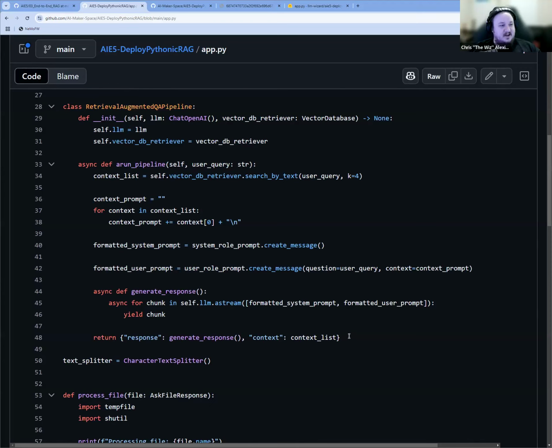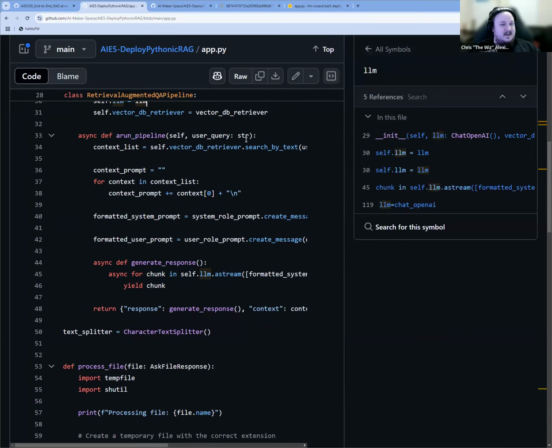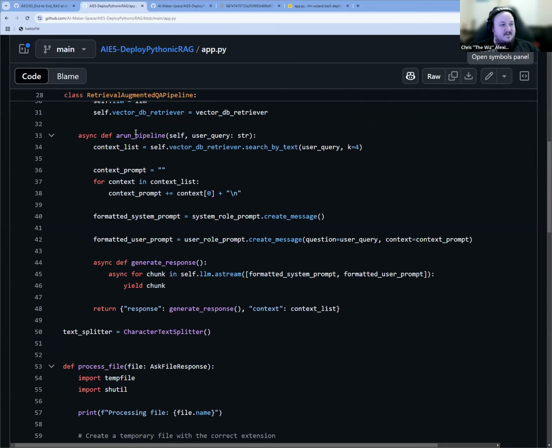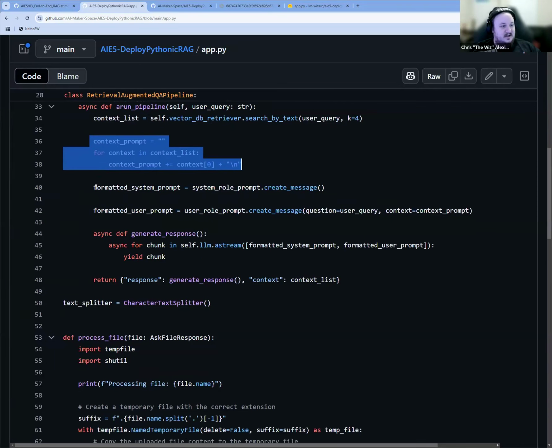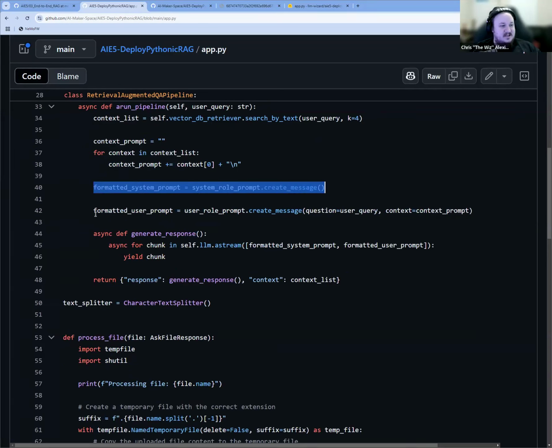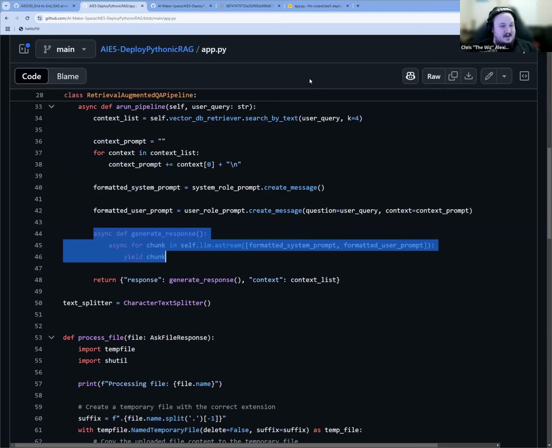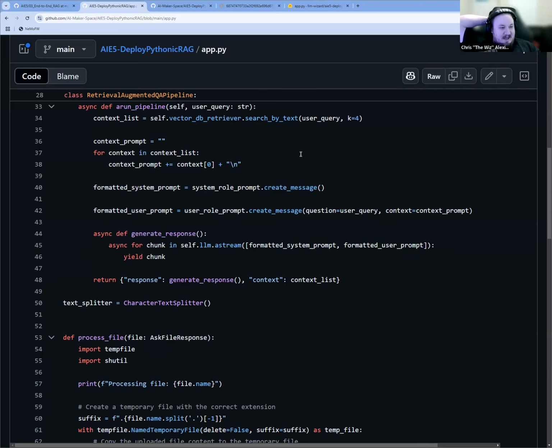last week. Basically, all this is going to do is that it's going to be initialized with some LLM and some vector database retriever, and then it is going to have the method arun pipeline, which is going to take some query, and then it's going to do RAG with the query, right? It's going to build a context list from the query, specifically for top K documents. Then, of course, we're going to shove that into a new line separated string. We're going to format that into our prompt. And then we're going to use this fun little async def generate response, async for chunk in the stream, yield